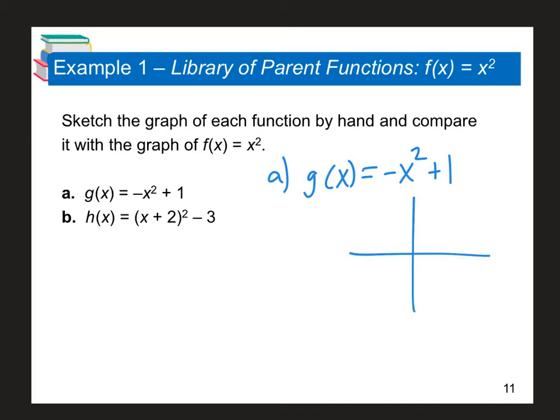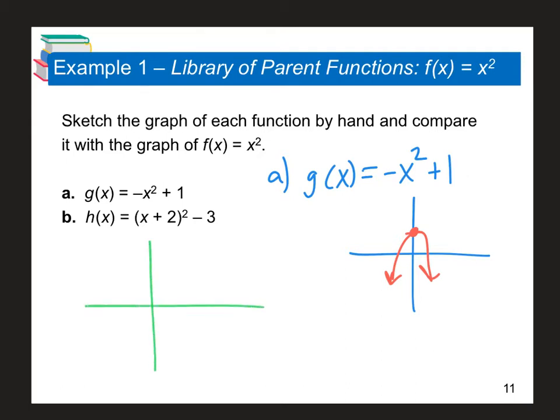So I see two transformations. I do see a plus 1 on the outside, and then there's of course a negative in front of the x squared. So the plus 1 on the outside is going to shift the vertex up 1 unit, and then the negativeness on the outside is going to reflect the graph downward. Okay, so this graph would have a vertical shift as well as a reflection over the x-axis. Okay, while part B